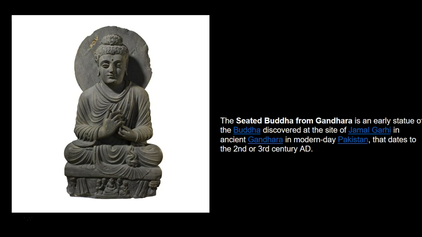Most Gandharan sculpture implemented schist as the primary medium. When light shines directly onto the stone, it glints and gleams due to the crystal fragments in the stone. In present-day Afghanistan, schist was abundant throughout the mountains and came in many different colors. This sculpture in particular is composed of gray schist, and local artisans carved the sculpture. This sculpture was created during the Kushan Empire, which lasted from the 1st century BCE to the 3rd century BCE.